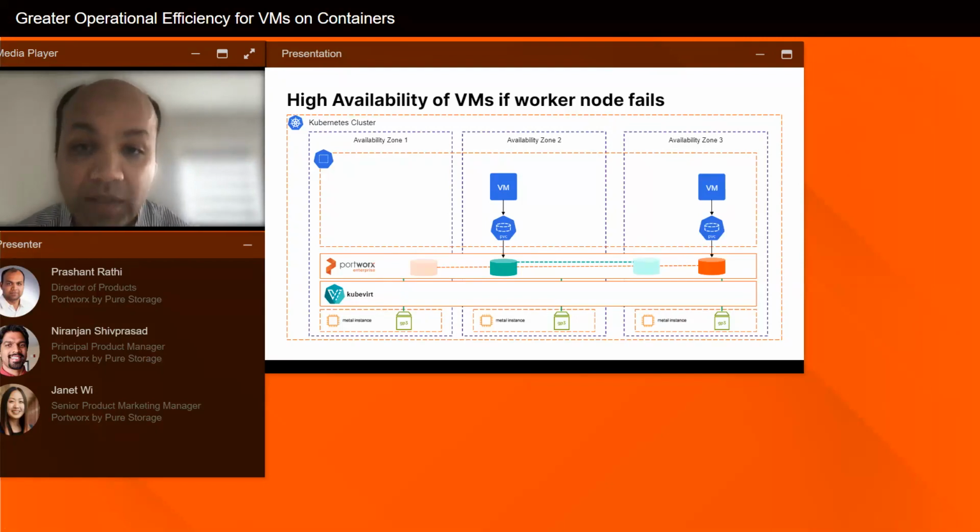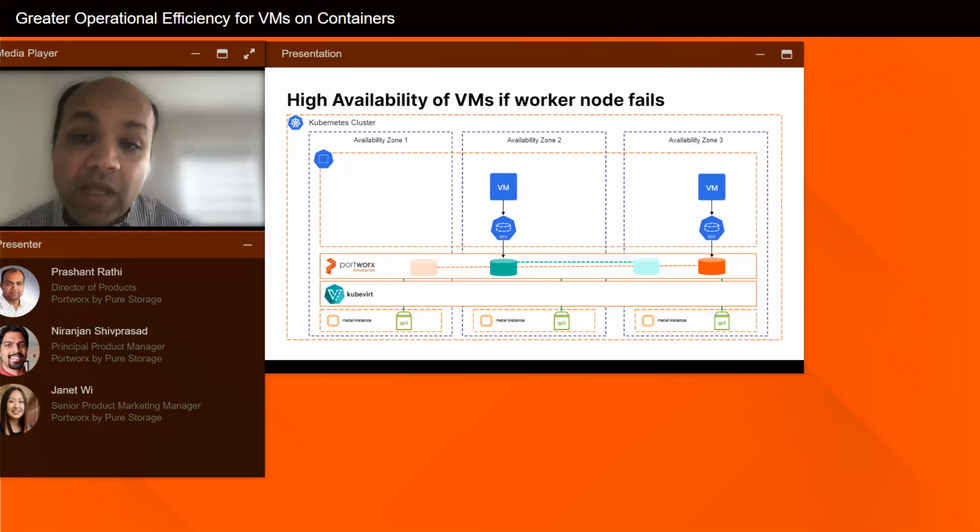Similarly, a VM here is a pod in Kubernetes, and that pod can now be rescheduled to another node in another zone. Portworx uses a concept of read-write-many volume for supporting the VM deployments. Now, Portworx by itself is a distributed storage, so we will make sure the storage replicas are available for that VM in that availability zone. And along with our scheduling mechanism and algorithms, we will make sure that the VM gets scheduled on that new node or the new zone where the storage is already available, resulting in zero disruption and high availability